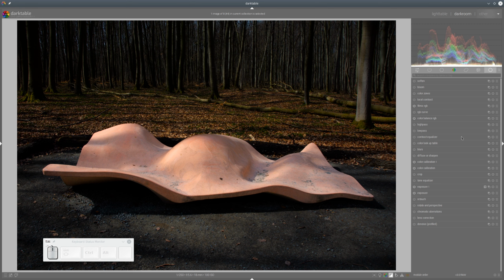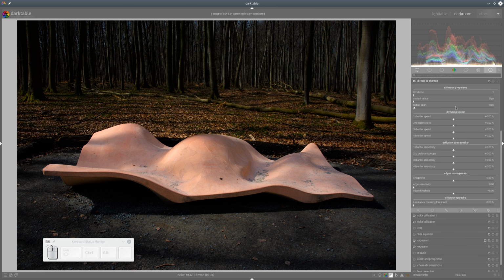And as the next step, I would like to remove that local contrast a little bit, and for that I will use the diffuse and sharpen module. I don't want to discuss how to use it here. Maybe I will make one extra episode for that module to demonstrate how to use it. But in this case, we will add some haze here, and we will use the first and second order speed for that diffusion,